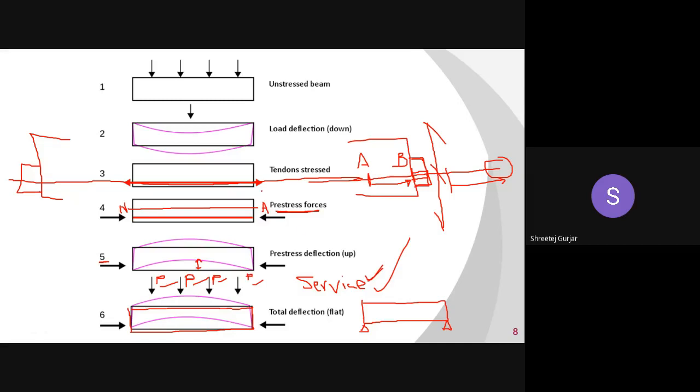So one more important thing is this third image, how your pre-stressing force is transferred to your concrete. It has many types, that is types of pre-stressing, we may call. What in this figure they have shown is post-tensioning. We have pre-tensioning, we have many other methods. So in this example we have used the post-tensioning method. We will be learning, or I'll be explaining, all these types of pre-stressing in detail as we go further. But now this is just a general thing for you to understand the concept of pre-stressing.